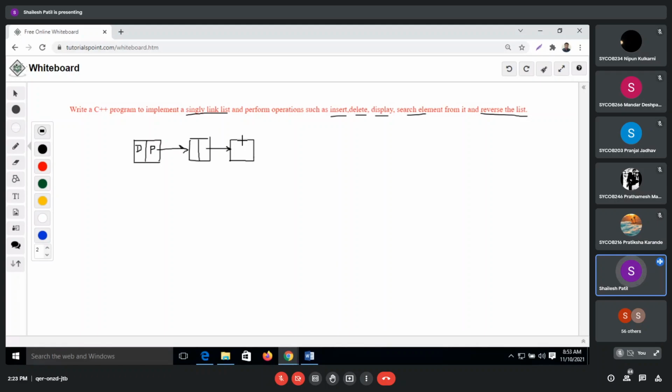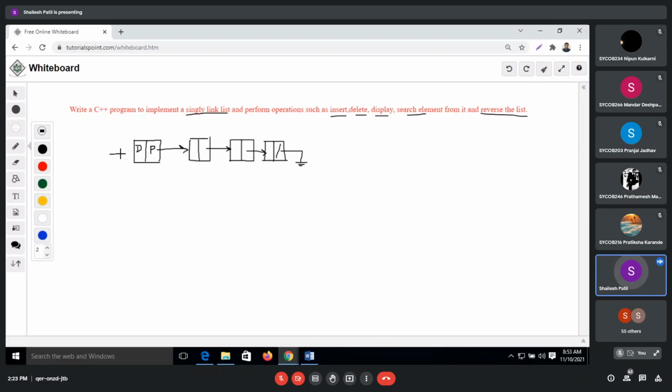We'll see the program of how to work with this. So like this, the linked list will be created. This is the list I have, and this will be my last node. I will just mark it with a sign like this, or otherwise I will make it ground. So this is a representation; actually, you can do anything.